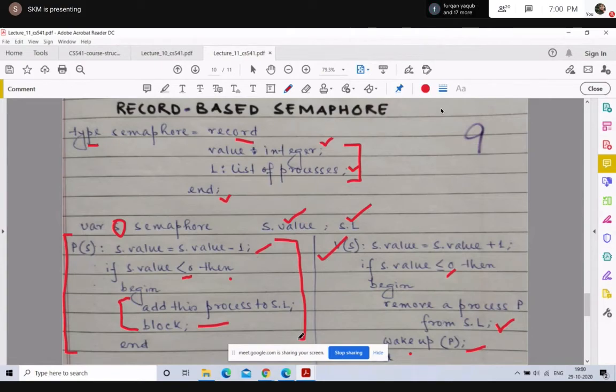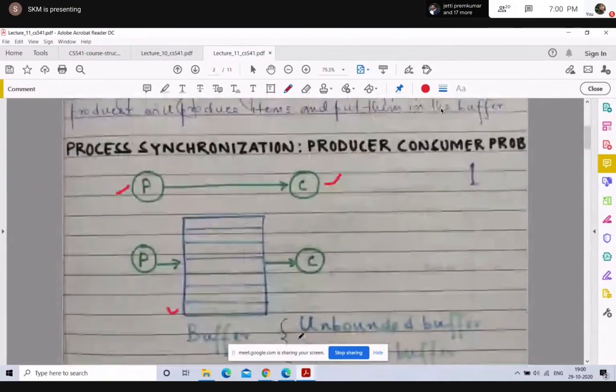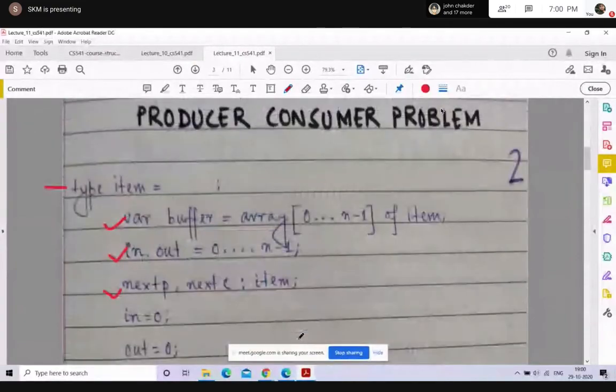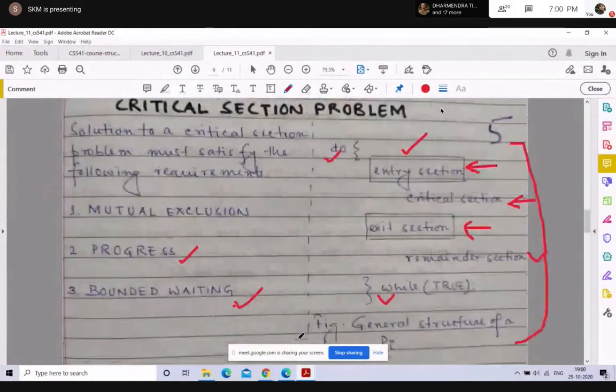Okay, so we will stop this lecture on semaphore here. We started with process synchronization using the producer consumer process, and we defined it using a co-begin co-end construct, and while working with a count statement, we arrived at the problem of the critical section. We learned the basic solution requirements for the critical section problem, that is mutual exclusion, progress, and bounded waiting. If any code has a critical section, then this is the general structure.